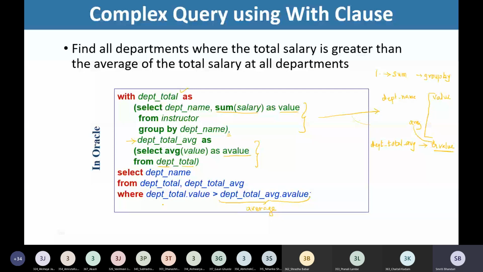So department total dot value, where this is greater than the average. If this department total dot value is greater than this average, then only that department will be extracted in our result. Right? Is there any doubt?